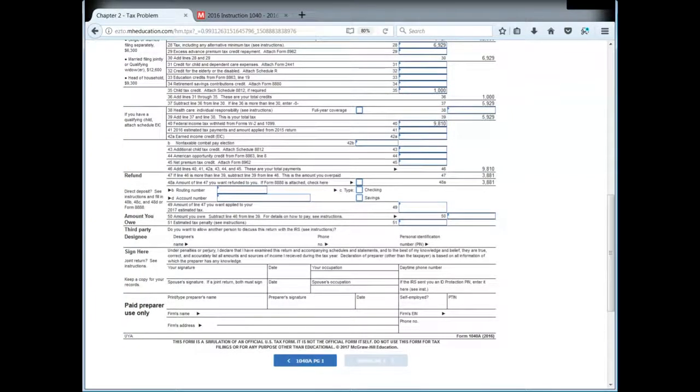So again, school isn't enough. You're going to have to do a lot of Googling and stuff like that. I mean, when I first started preparing tax returns, I had a master's in accounting. I still didn't know how to prepare a tax return. Right? Sometimes the wording is confusing. So again, a master's in accounting meant absolutely nothing. Actually, at that time too, I had an MBA. So I had an MBA and a master's in accounting, and it still didn't mean anything. Right? So it's definitely a skill set. So remember,